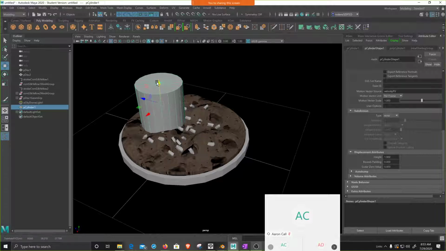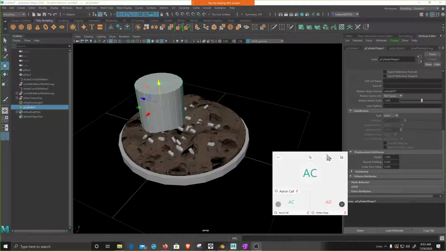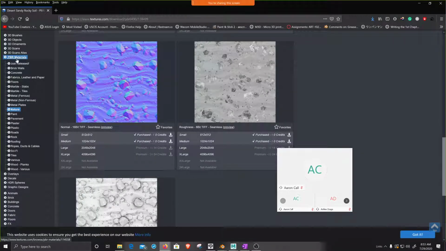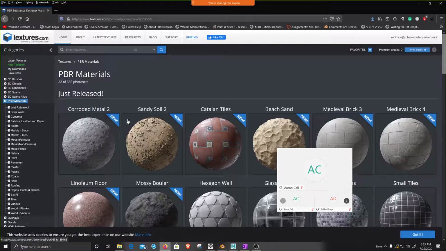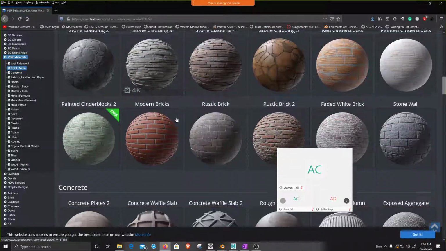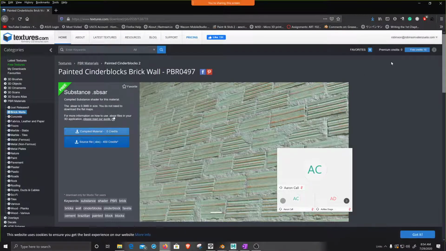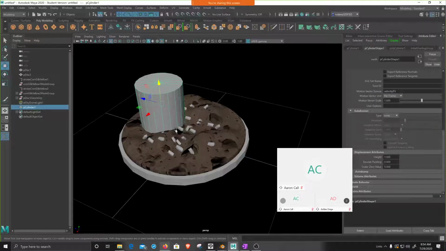And I was lucky enough to find a PBR. So to add a PBR material, that's one of these paid ones. Did I close the window? Textures.com. No, here it is. So let's say I'm looking here through PBR materials and I find a free one that I can use. You would just download it like we did last time. Just download it, and it will have some weird name by it. I'll show you in here. But the way to use it in Maya, you would